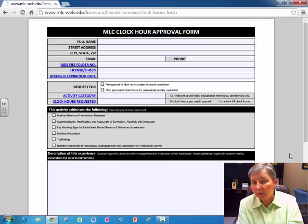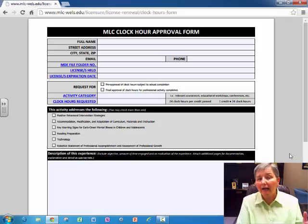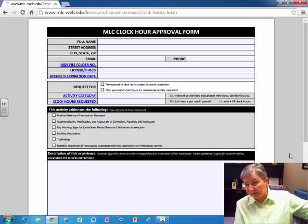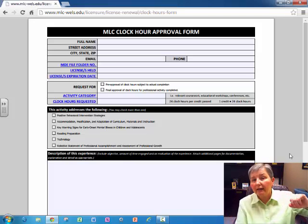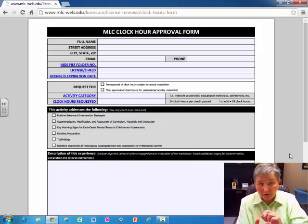So let's say you went to the Wisconsin Teachers Conference and they're not going to bring it to you. You have to go to the table and say, do you have a CEU form, a clock hour form for me that I can take? Well, when you get that clock hour form, make a copy of it, just in case something happens in transit or whatever, so you still have the original. So you would take the approval form and you would take that copy